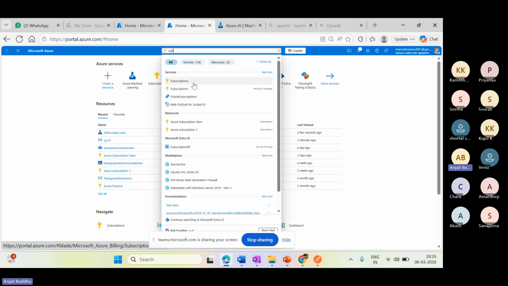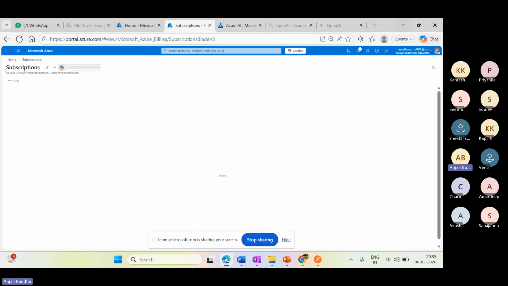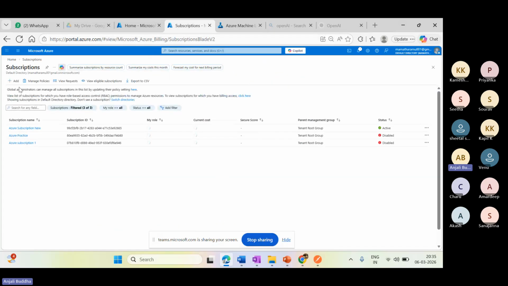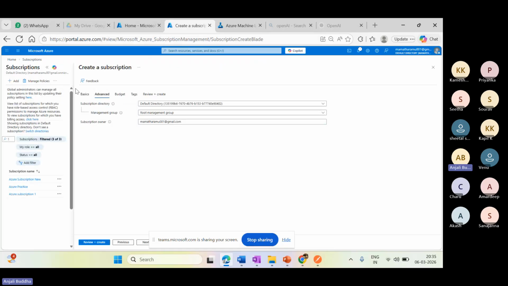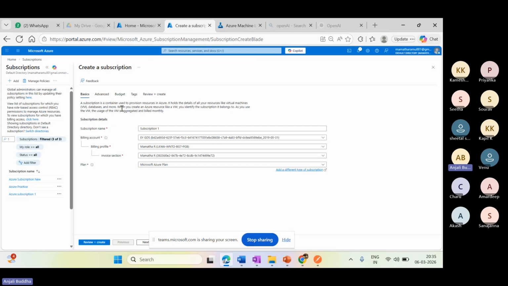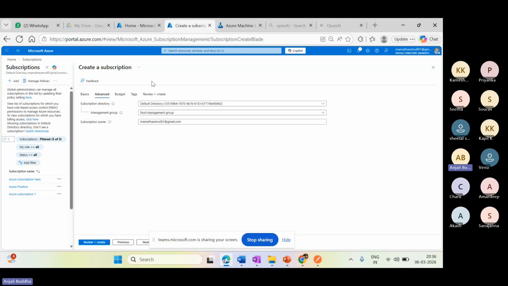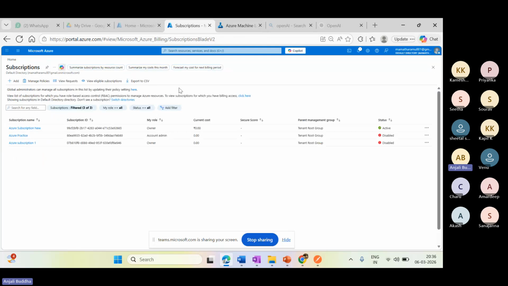If you go to the subscriptions, there are different types of subscriptions available. Click on add subscription. It will give you the different types of subscriptions that you can try to enable. At the beginning you will have a free subscription, so at that time you try to activate the free subscription. If the free subscription is not enabled, only then can you go ahead with pay as you go. When you go with pay as you go, you provide the debit card or credit card details. It will have an auto debit option.